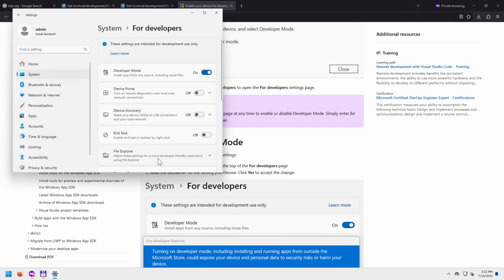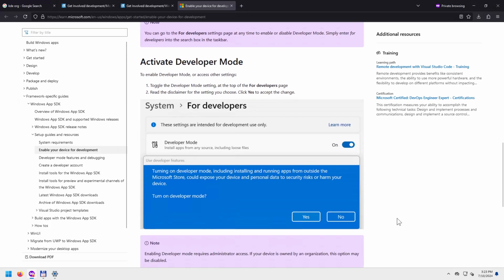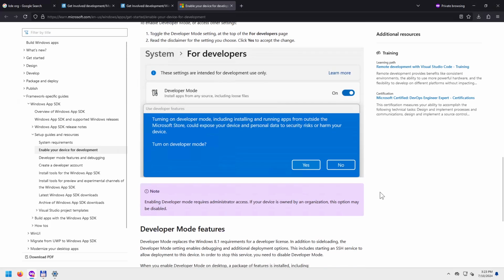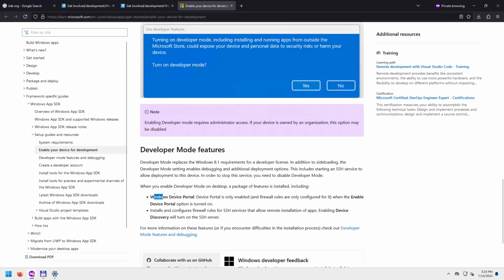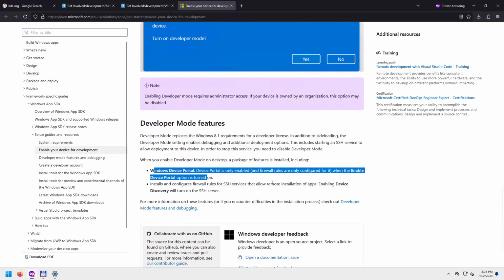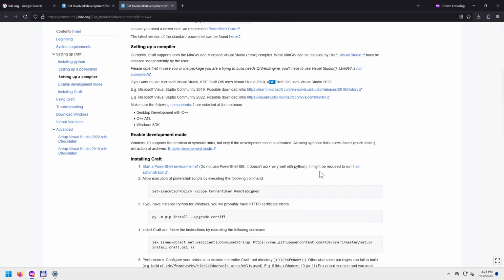It doesn't really explain what developer mode is, but this is required by the procedure to start programming for KDE using Windows. So I did it. We don't use devices, we don't use SSH, no device portal, no embedded development, no SSH server. I know. Okay, then it says that we should install KDE Craft in a PowerShell environment and could require that